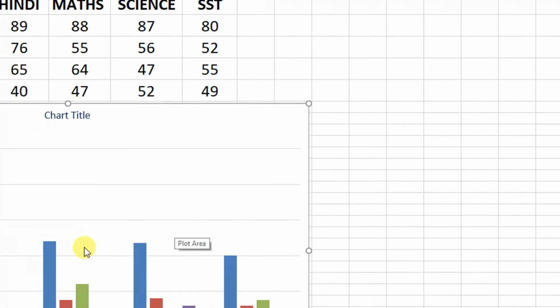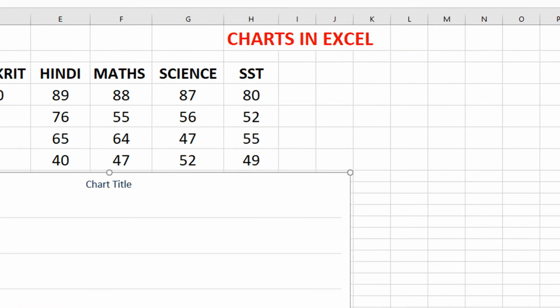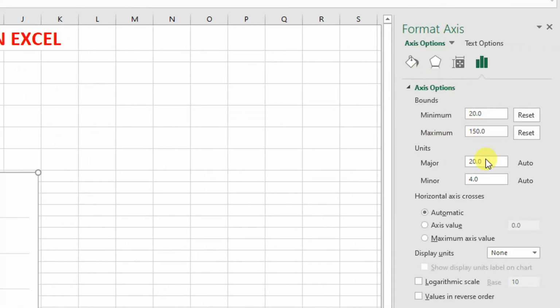Okay, now suppose we want to change the gap between the numbers. See, the gap between the numbers is 20, that is 20, 40, 60, 80. There is a difference of 20 between the numbers on the y-axis. Now suppose you want a gap of 30. You can change it from here. Under the units you have to change this measure.